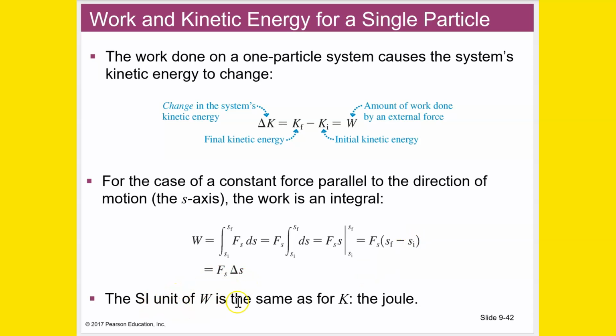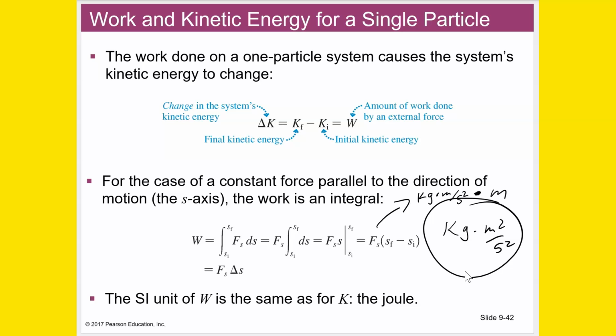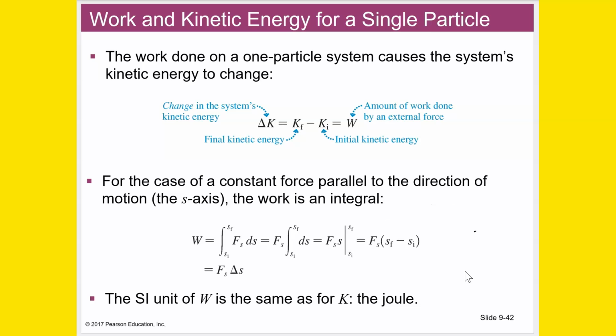All right, the unit for work is the same as for the energy, which is the joule. Let's make sure that makes sense. So force is in newtons. That's kilograms times meters per second squared, because F equals ma, times a distance, so that's meters. That gives us kilograms times meters squared per second squared. So again, it works out to the same base SI units, and those make up what we call the joule.